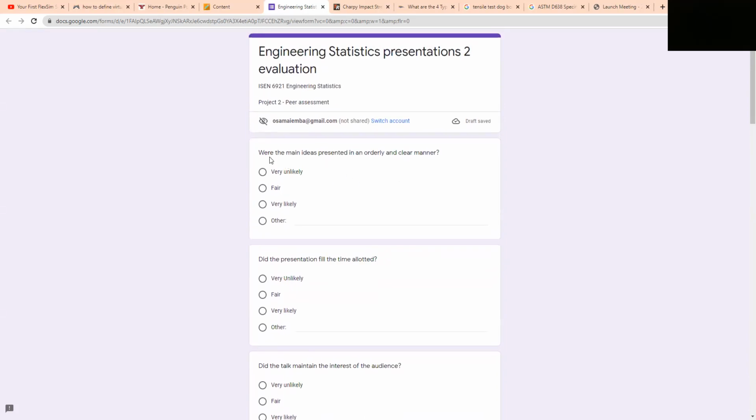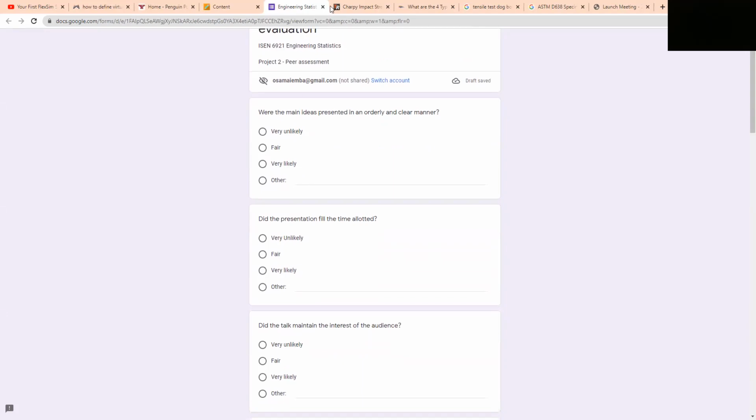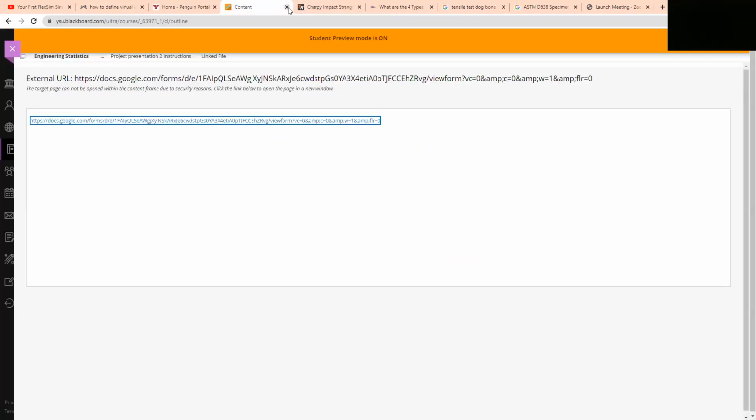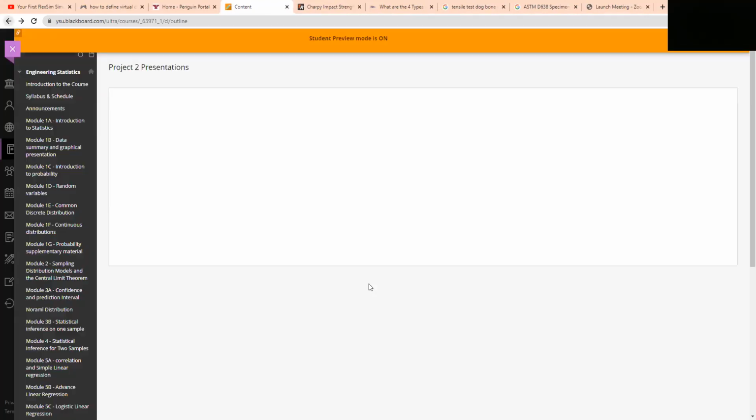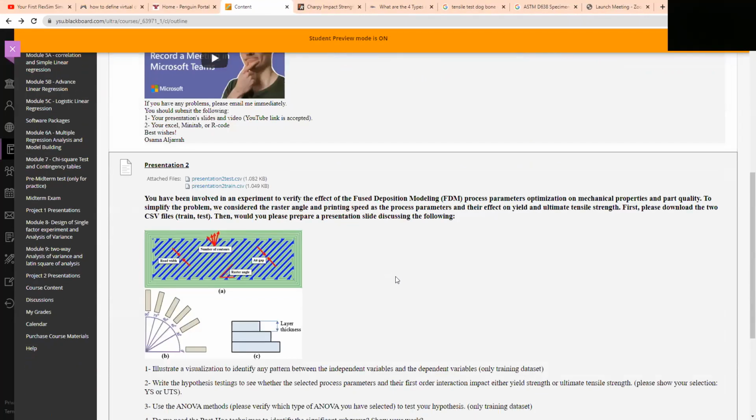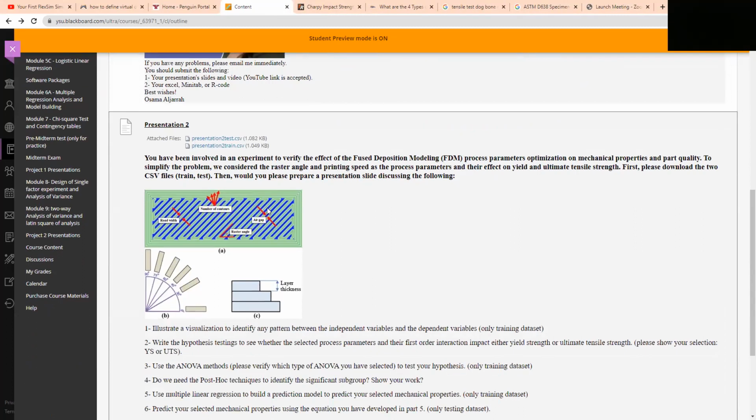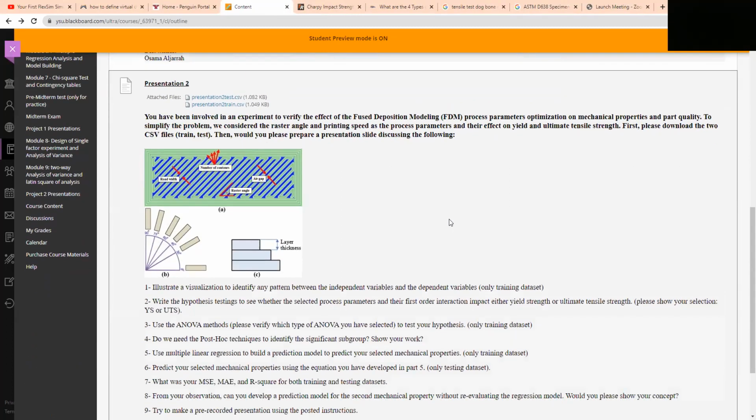For example: is the main idea presented in an orderly and clean manner? How do you think about that? Basically, based on your assessment, your colleague will have a score on his project. It will be around 10 percent of the total project. So let's go in depth about the presentation. Our problem for the presentation is